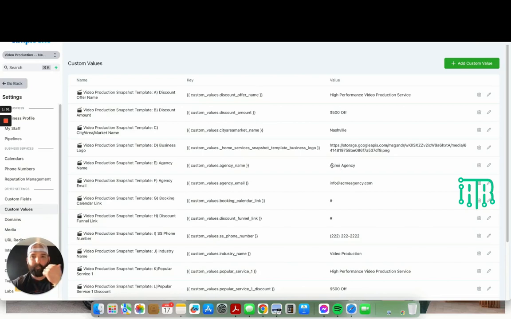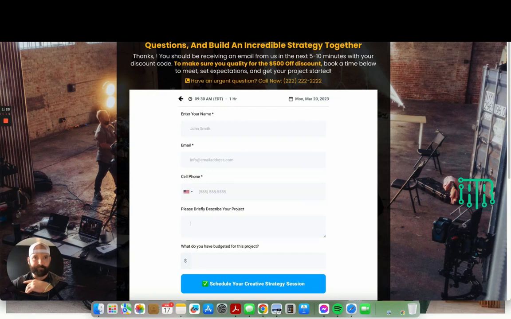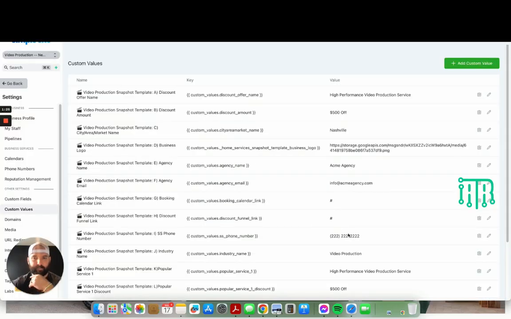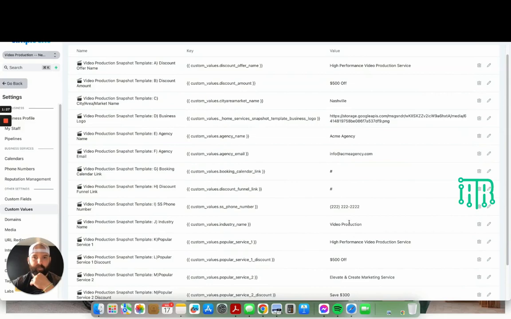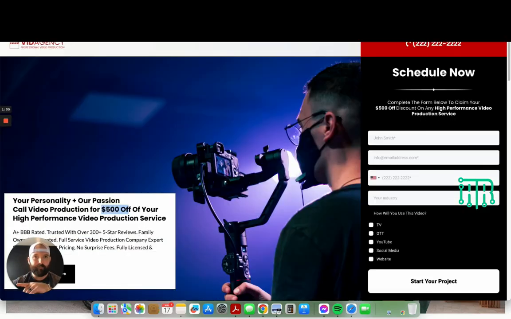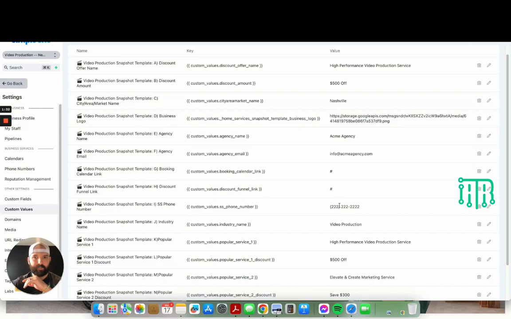The agency name, so for delivering leads and appointments to your client that owns a video production service, you're going to put your agency name and email right here. The booking calendar links, so on the funnels, the link to the calendar page and the link to the discount funnel page, so this page and this page, you're just going to copy and paste those links right here. The tracking phone number, the industry name, we use the industry name littered in the page a couple times, video production, and then 3